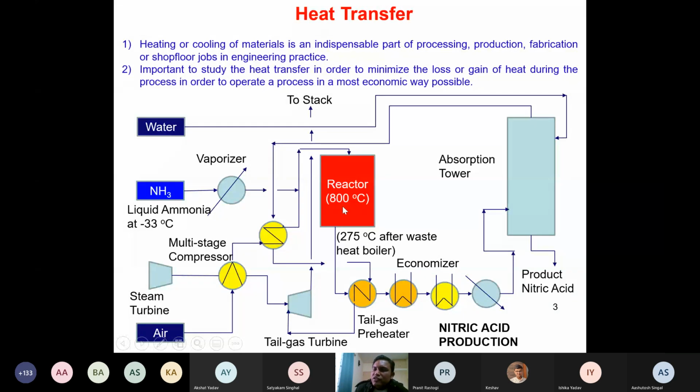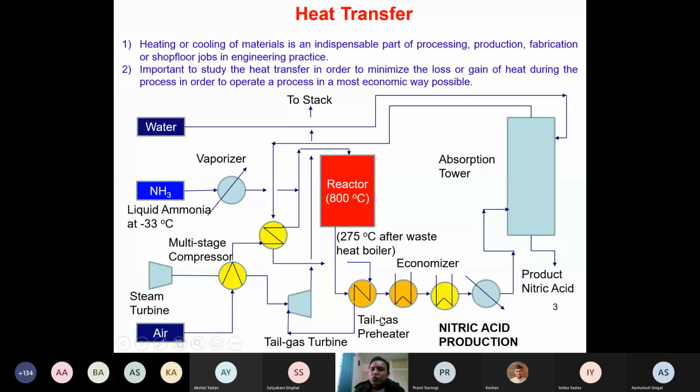So the reacted gas which is coming out from the reactor at 800°C exchanges heat with the boiling water, and the temperature of the exit gas decreases to around 275°C. So the outlet stream coming out from the reactor plus waste heat boiler is around 275°C. So this temperature is still too high. So this outlet gaseous stream